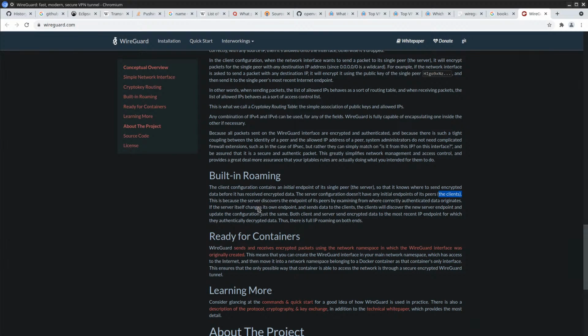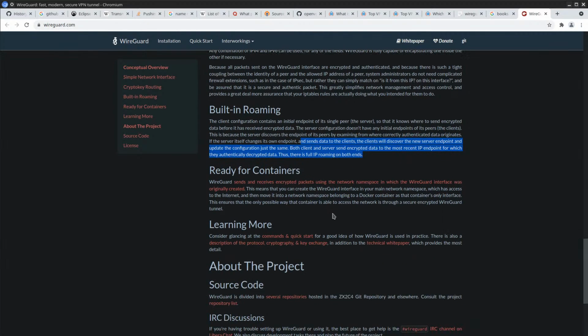Both client and server send encrypted data to the most recent IP endpoint for which they authentically decrypted data. Thus there is a full IP roaming on both ends. So I guess you can change IPs. I'm not sure what situation would result in that.